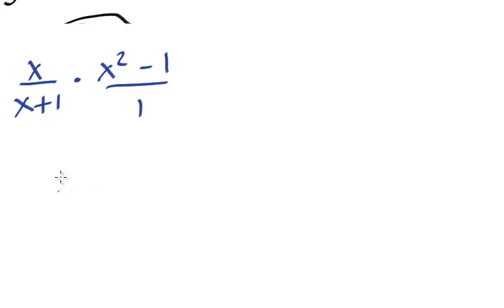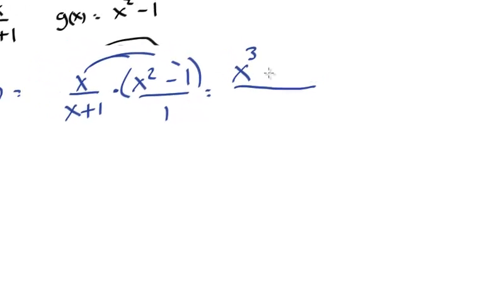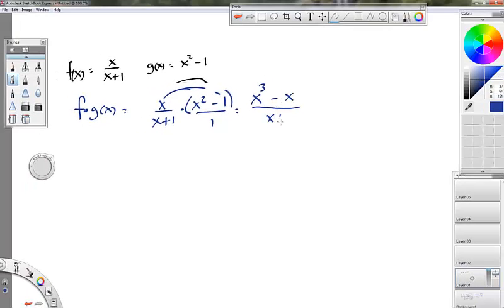And there's a couple ways to look at that. You could break that up and cancel. The book doesn't do that. What they do is they multiply just straight across. So x times this would just be, distributed through like that. So it would be x cubed minus x over x plus 1. Final answer. And then f over g of x would be x over x plus 1 divided by x squared